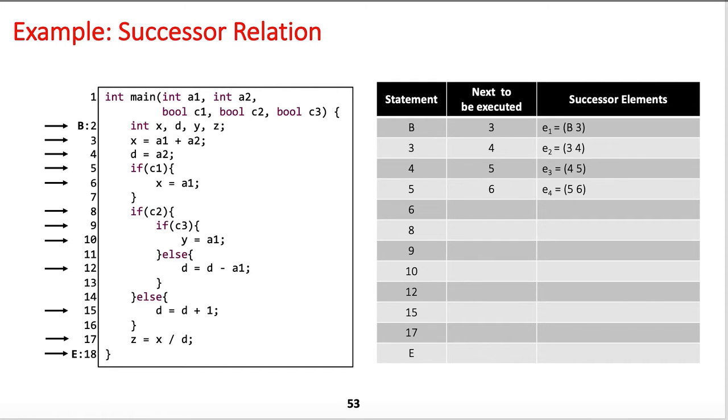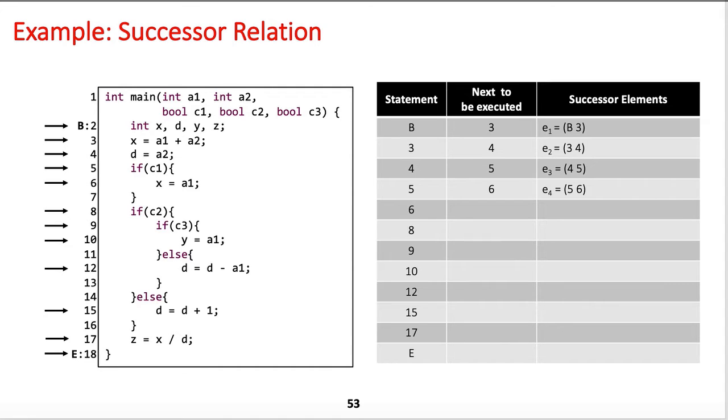So first we will illustrate the concept of successor elements. The successor element is a pair of program statements, and we are going to use B and E as the dummy statements for beginning and end. We will be using line numbers for program statements.